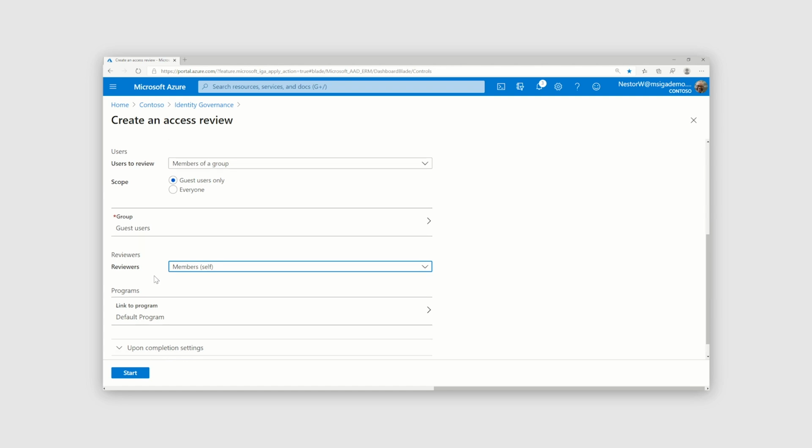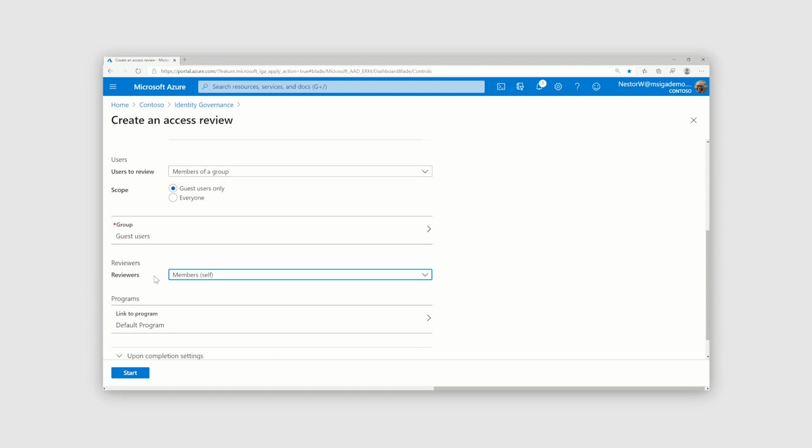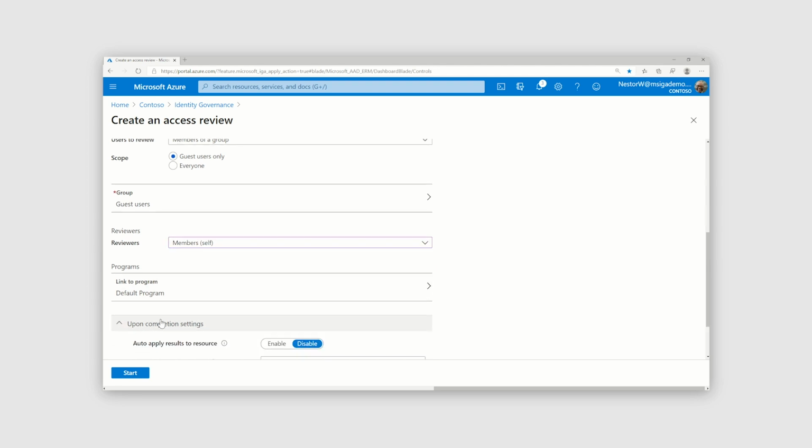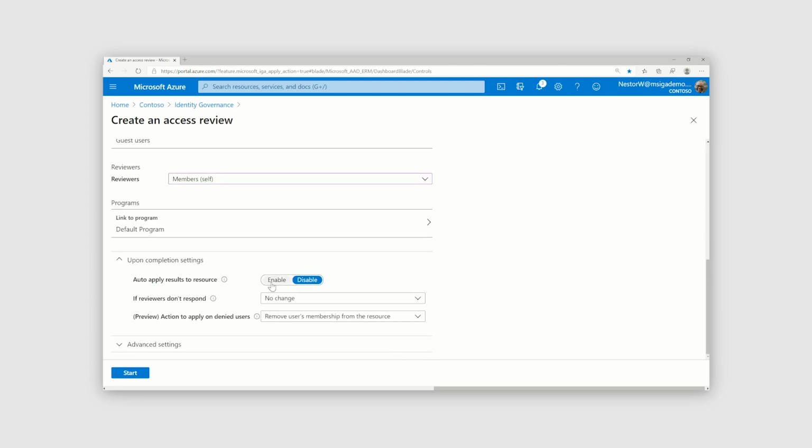And if you feel the need to get further reviews, you can have another review stage after that, which reviews the people that are left. Now, I can choose what happens upon completion and either choose not to do anything automatically, in which case I'll just get a report that I can take action on. Or in this case, I want to make this automatic. When the review's done, I want the action to happen automatically